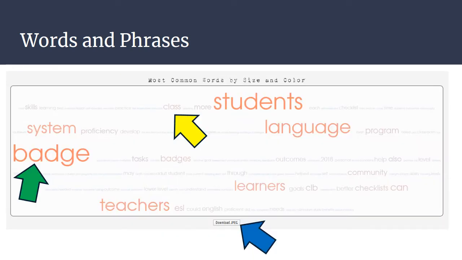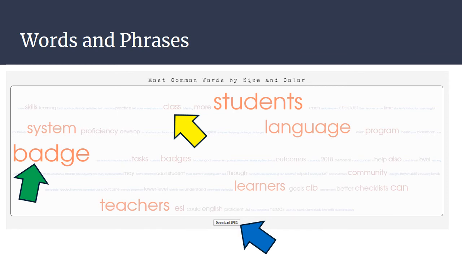On that same page, as you scroll down, it will show you sometimes this is called a word map. And what it does is it takes the most common words from your writing and it puts them in a picture or a diagram in really big letters. And then words that you don't use as often, it puts in smaller letters. And then words you hardly use at all, it puts in really tiny letters. So we can see this is a visual representation that, for example, next to the green arrow, the word badge I use a lot, so it's really big. The word class next to the yellow arrow I don't use very much, so it's much smaller.